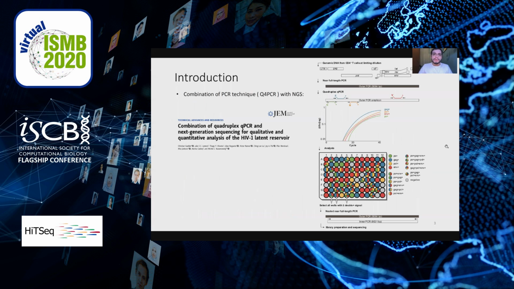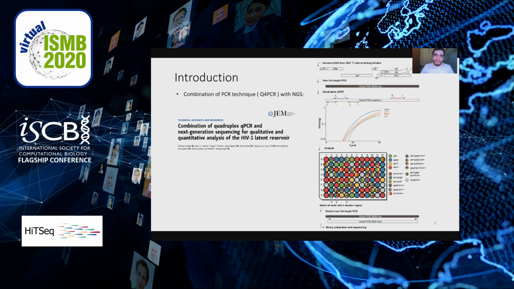Here, we combine a PCR technique with next-generation DNA sequencing based on single genome amplification to characterize the HIV genetic diversity. This technique is called Q4 PCR, and it starts off by extracting the genomic DNA from CD4 cells at limiting dilution,